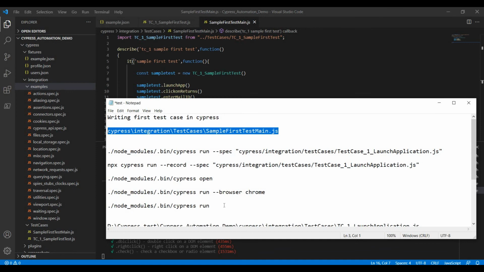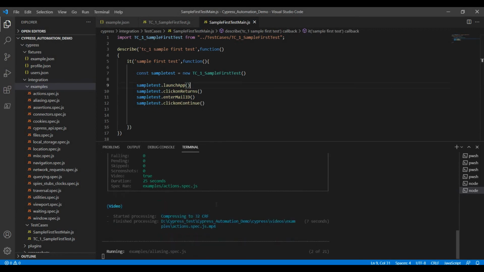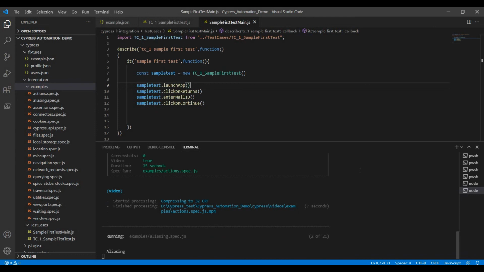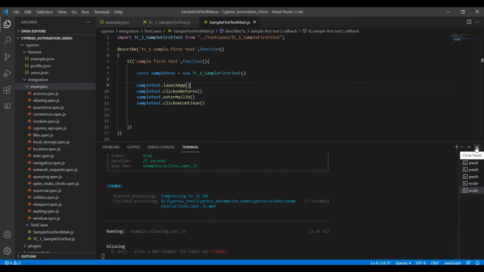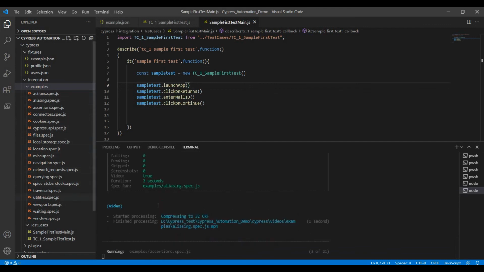It will take more time. If you provide Cypress run browser Chrome also, I will tell you that one too. It will take more seconds. I just stop it now, or else I just close it. Okay, see, aliasing, all these classes will be executing.